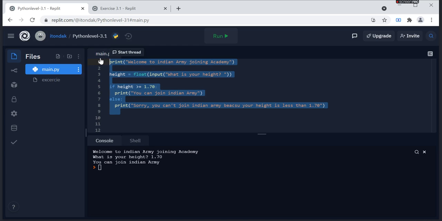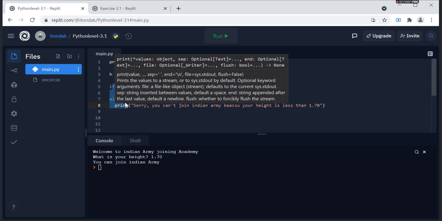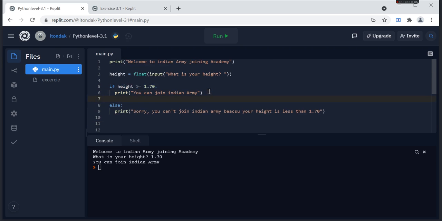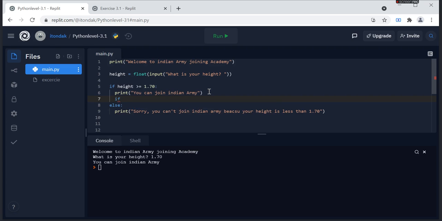So if and else gives two choices. In the last video we did if and else conditions with only two choices. But in a nested if statement, when the first condition passes, then there is another condition. Like if their height is greater than 170, then another condition, if their age is greater than, like that. We do a real life example.